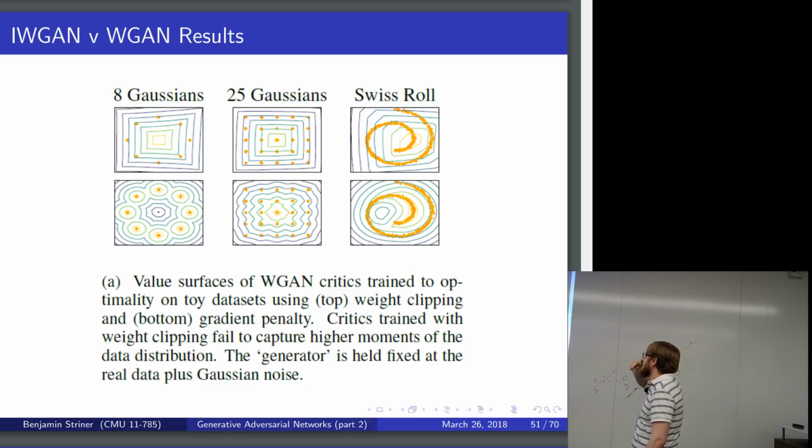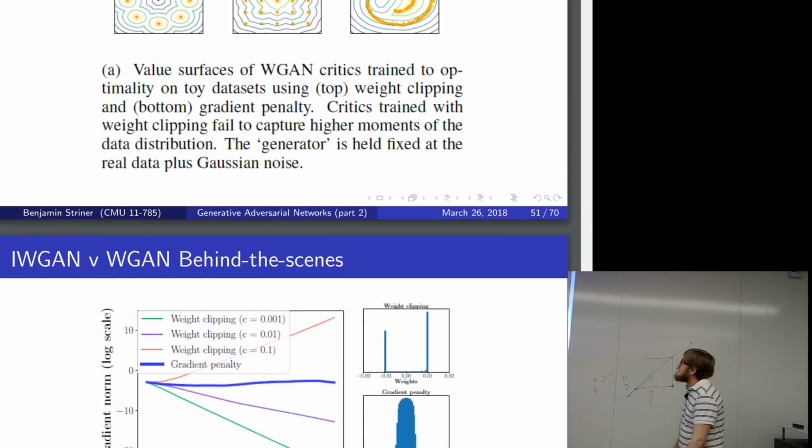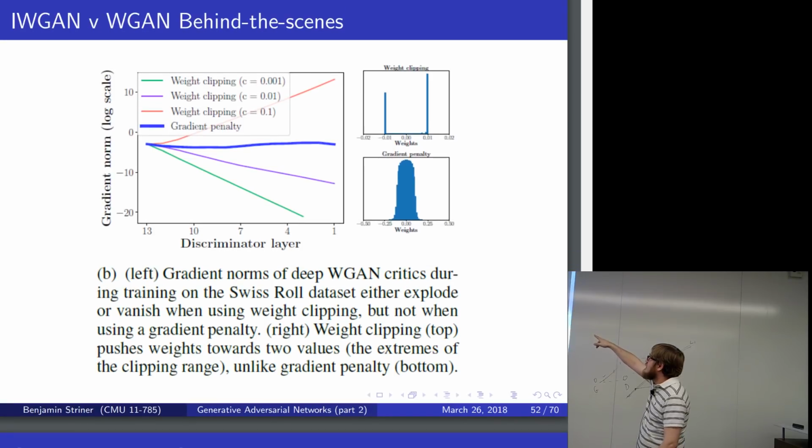The top line, the discriminator basically fits as well as it can given completely straight lines, which is kind of nonsense, actually. But that's the results you get out of the WGAN paper. And then a kind of better comparison here of why that's happening is you see in the upper histogram, those are the weights that are learned when you do weight clipping, which makes sense, right? If you're clipping the weights, then they're either going to be at the maximum value one way or the maximum value the other way. They're going to tend to saturate either way, but you end up with pretty much all of the weights being 1s or -1s or whatever your scale is,